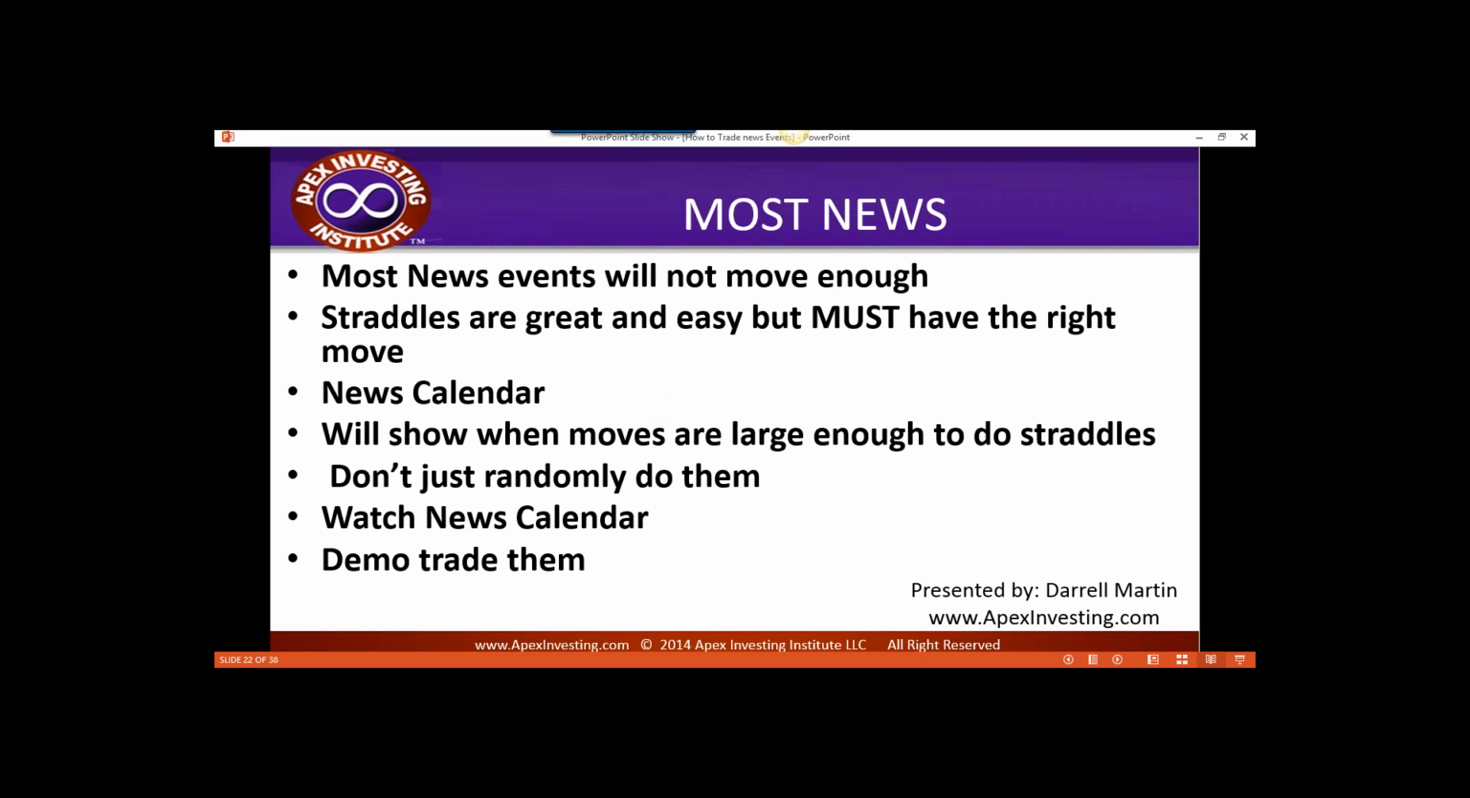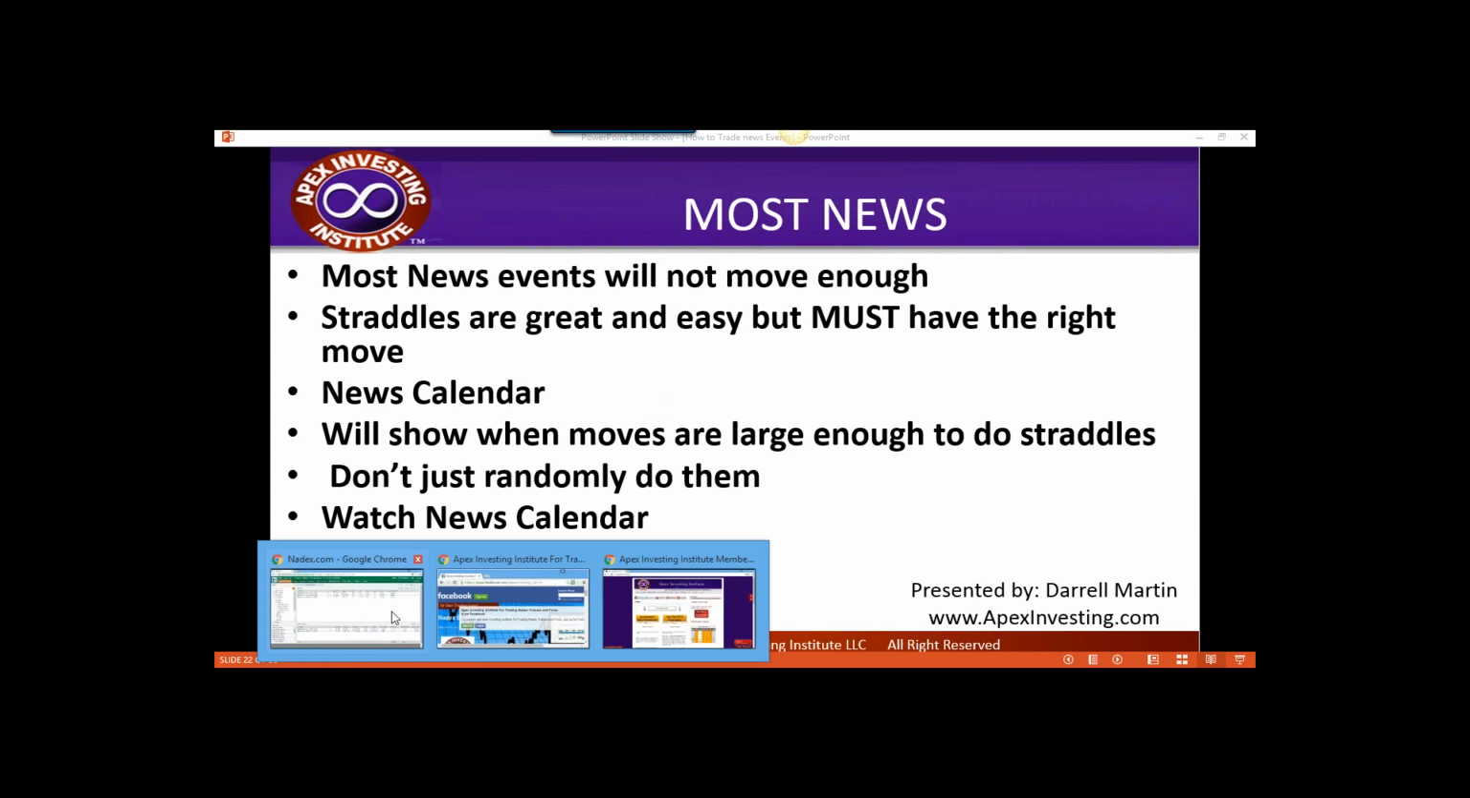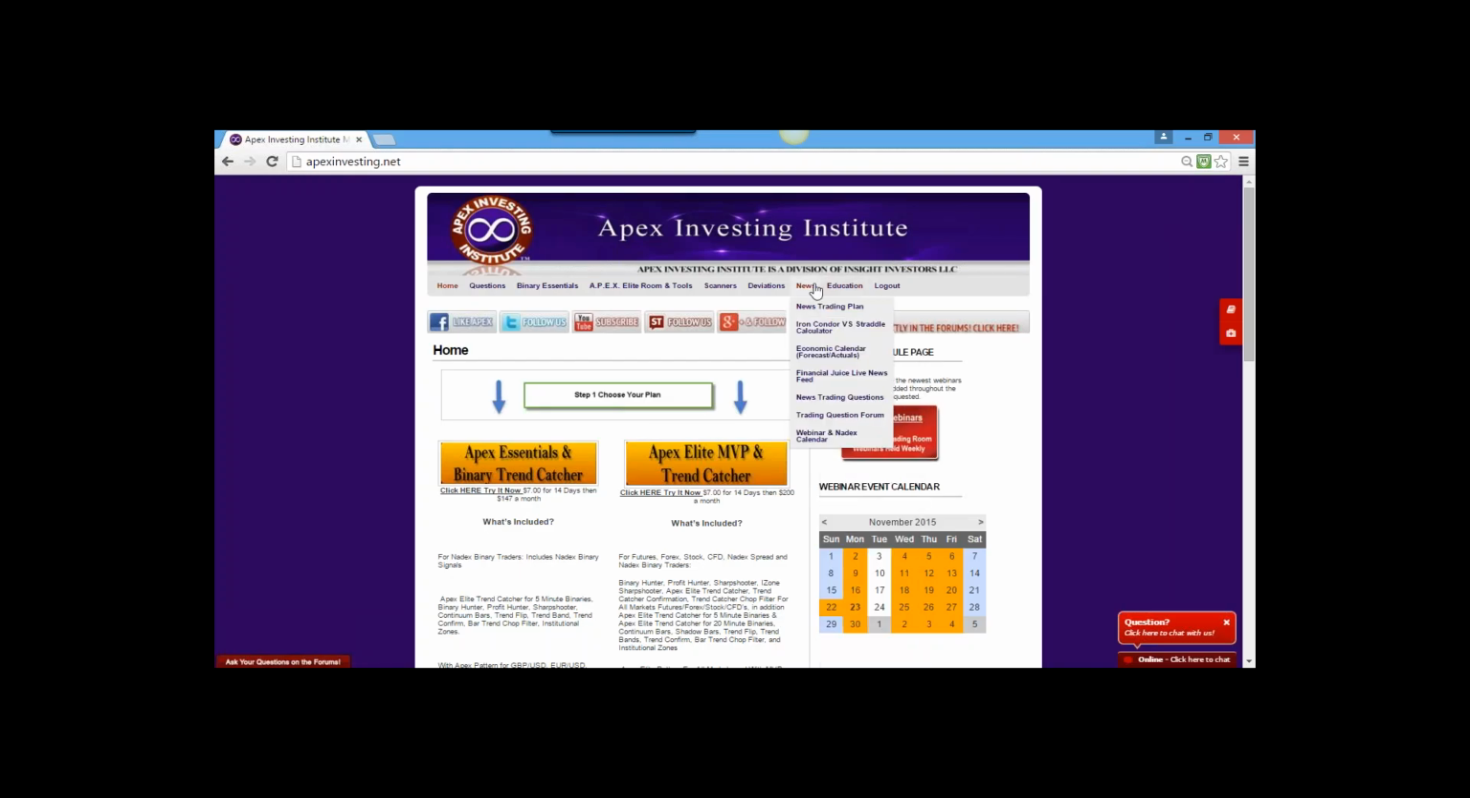There's plenty of times, even without news, to do them, just when you see the market's volatile. Okay. Those straddles are great and they're easy, but you have to have the right move. You've got to pay attention to the news calendar. I can't tell you how many times I've seen it where somebody will hop on over to our news calendar. Okay. And right here on this news tab,